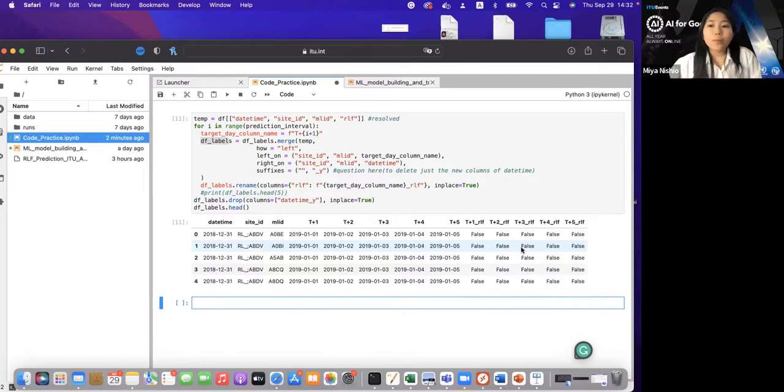Okay, so what we would like to do in the future is to predict either the day after, so just the next day, or 5 days after.